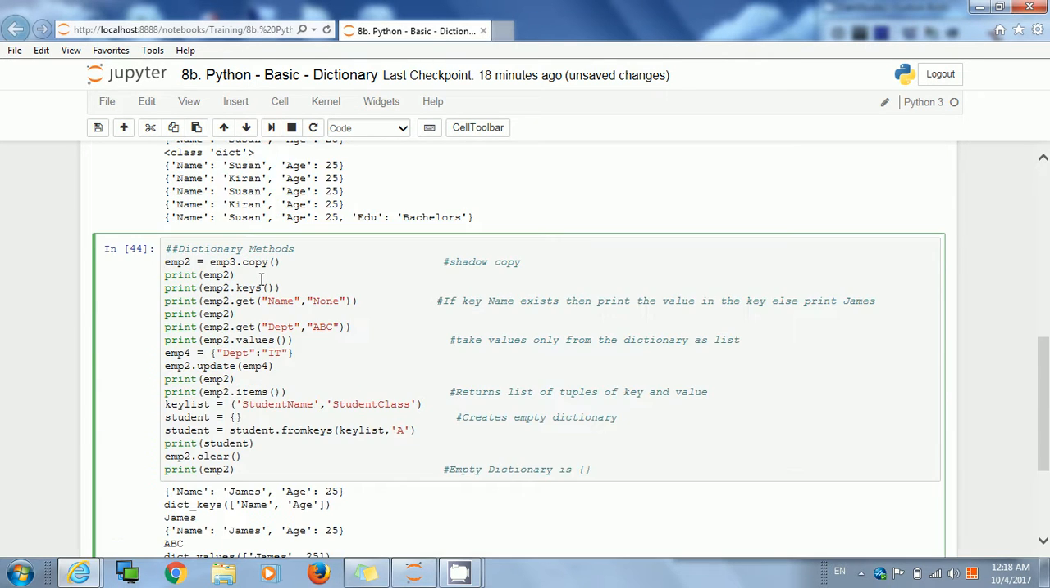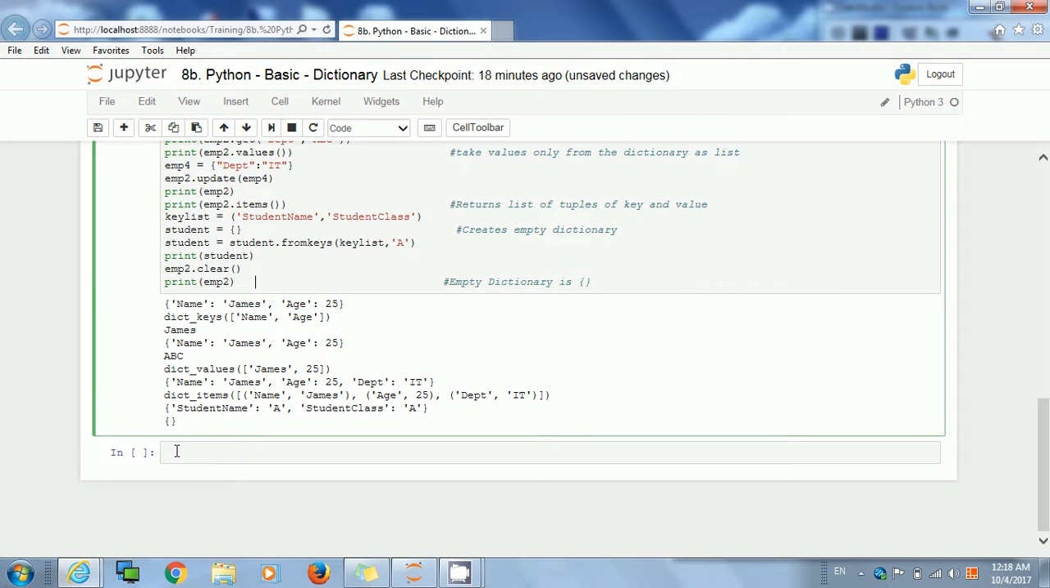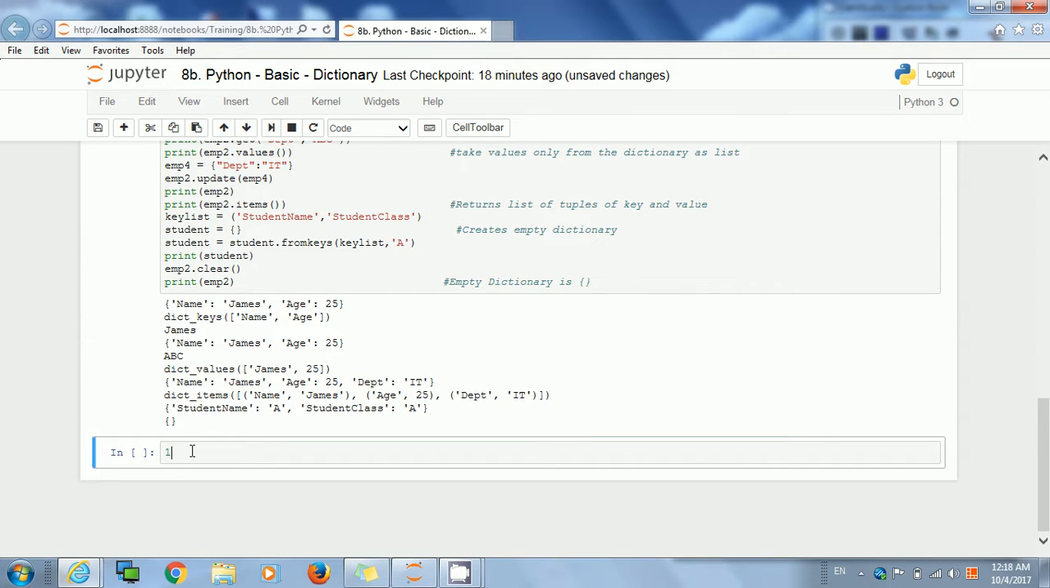There is one more thing we need to take care of in dictionaries. Suppose I say d1 equals name colon Susan, comma, age colon 24. There is a comma and I say name again